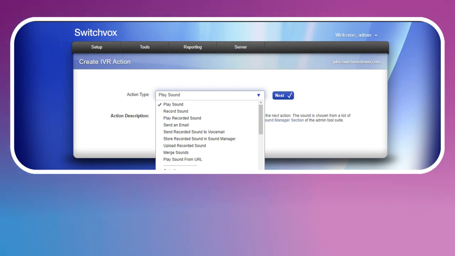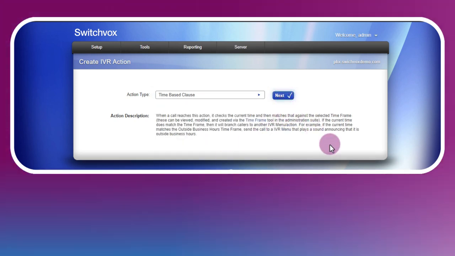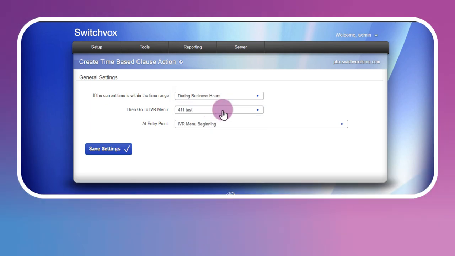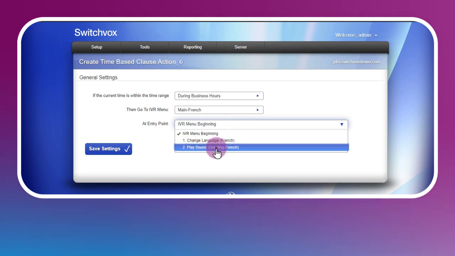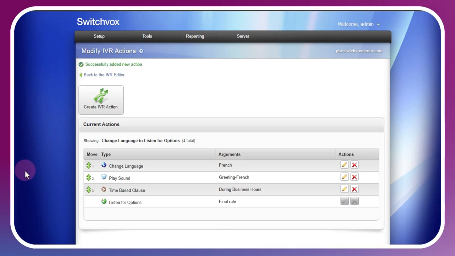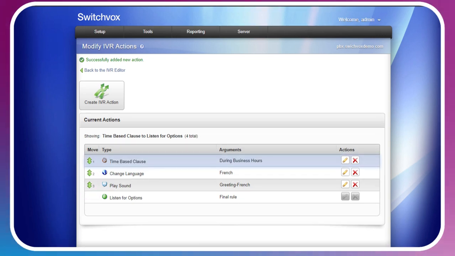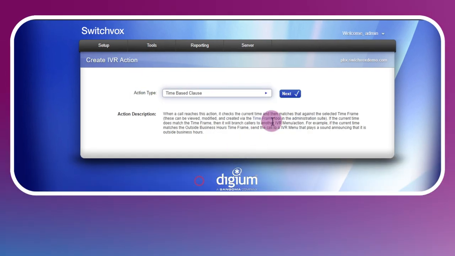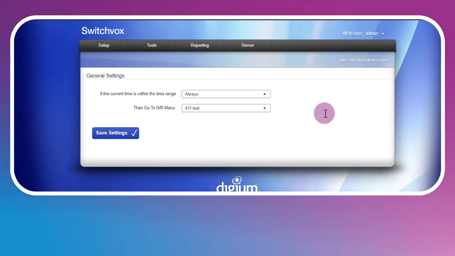Let's get that time-based clause there as well. So during business hours, main French. And move that time-based clause up, and of course we would create one for the closure as well, after hours.